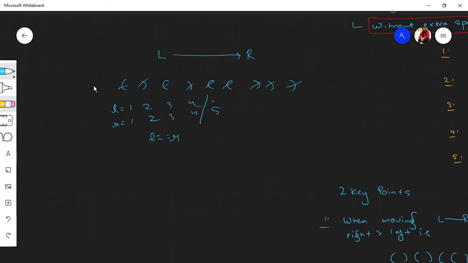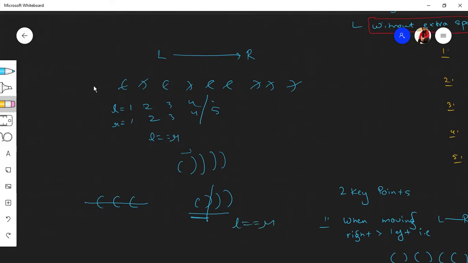But what happens when you do not encounter any opening parenthesis, but you have encountered a closing one? Whenever we encounter more closing ones than opening ones, this means that our string is invalid. If we do not have three opening brackets and we are having three closing brackets, this whole string will be invalid. It will be valid till L is equal to R.